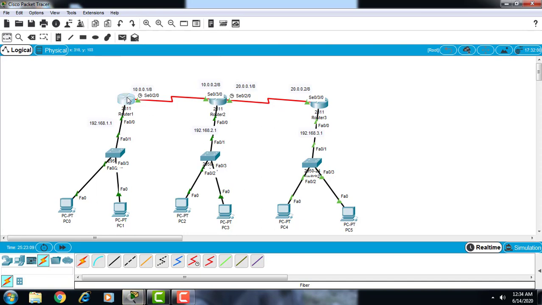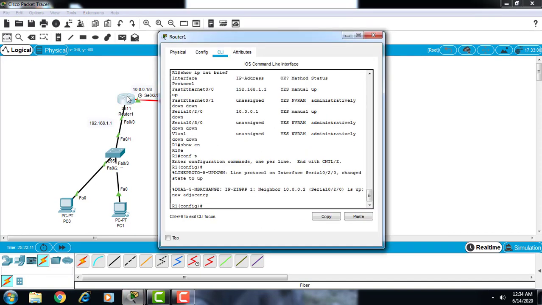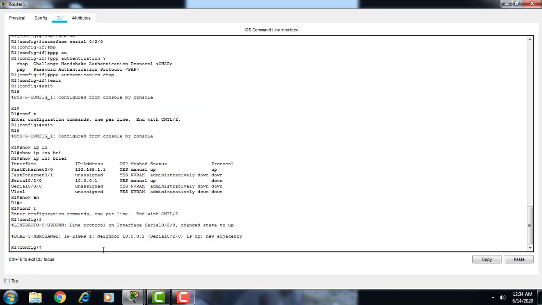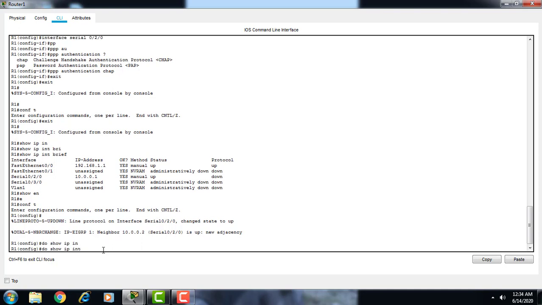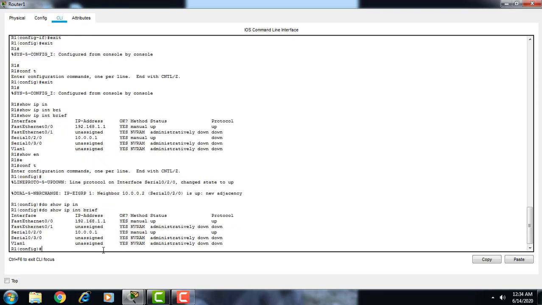Similarly, you can also see the 10.0.0.2 neighbor is up. So do show IP interface brief. Now both lines are up.